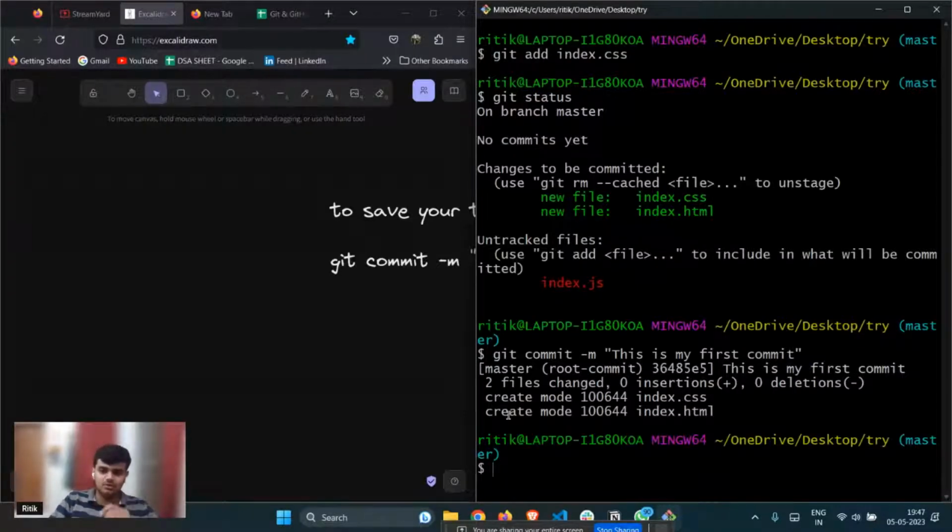If I press enter, as you can see, two files changed, created. This is ignored for now. And what are those two files? First one is index.css and the second one is index.html. Right now, if I do git status,